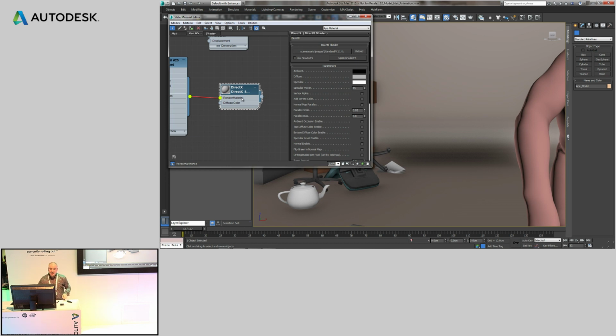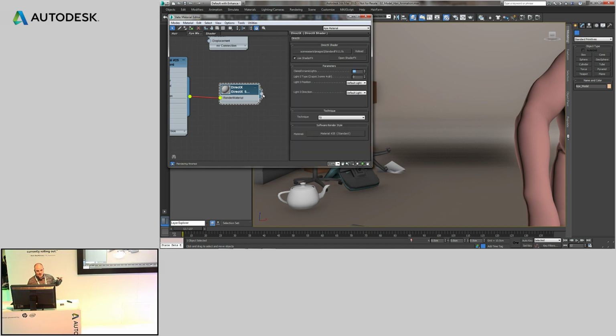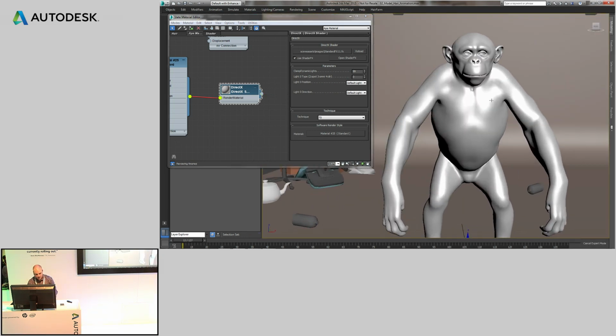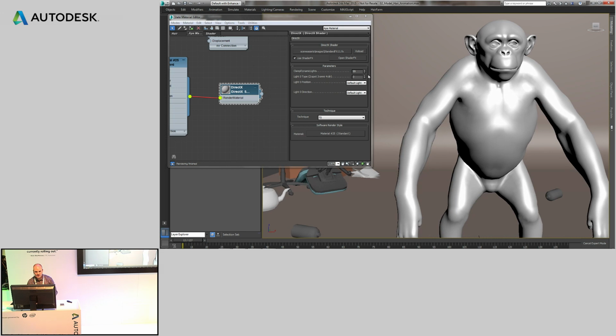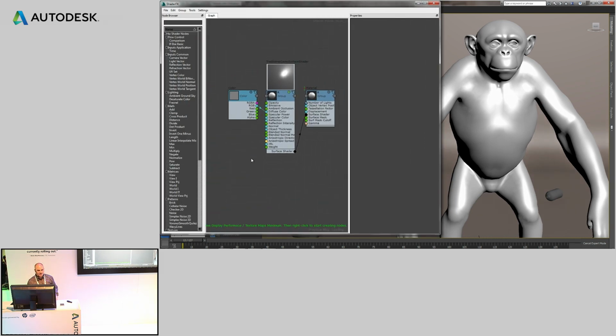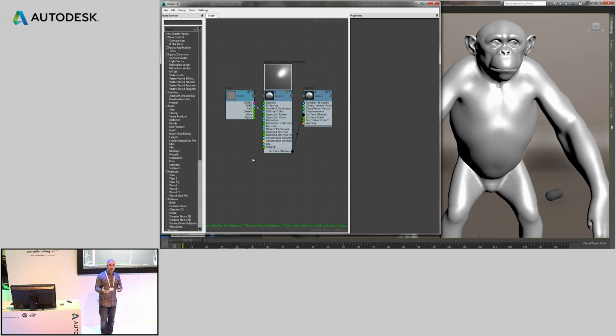What's new to that is the ability to activate the Shade FX control. And I'm going to assign that material to my ape over here. I'm going to switch to that overview. Very good. As soon as I open up Shade FX, you get a new node editor, a visual interface to design your own graphic